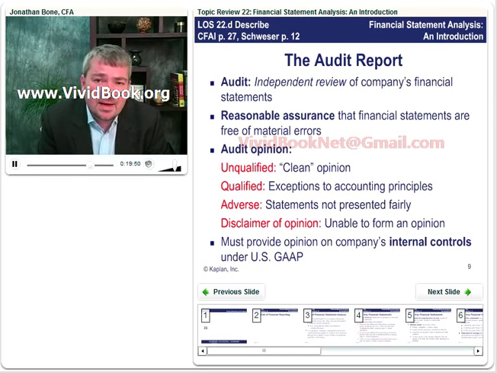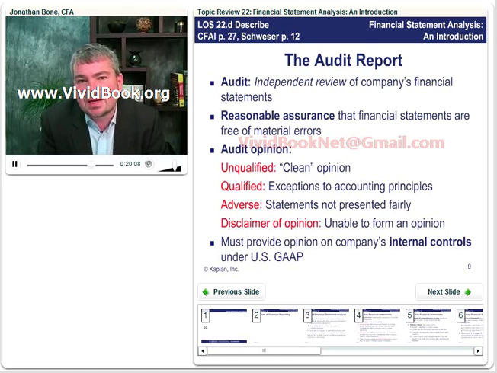Then our final one is a disclaimer of opinion, sometimes referred to as a limitation of scope. This time the auditors are saying they simply weren't able to find the relevant information that they required in order to form an opinion. They can't form an opinion, they couldn't get the data they required to substantiate the figures